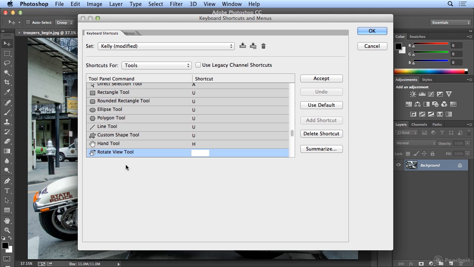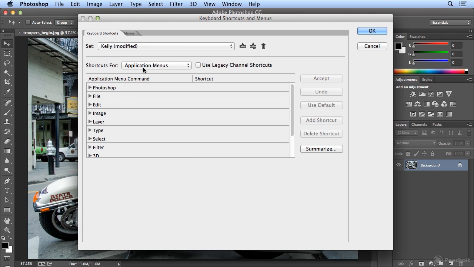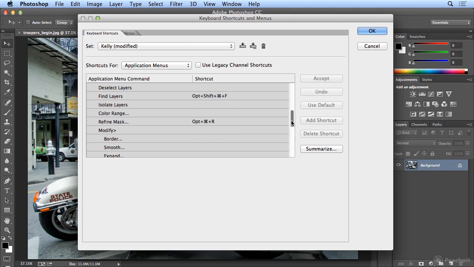You can do many other things. I often use Select, Modify, Expand. So if I go to application menus, I can expand, not to be redundant, but I can expand the Select menu, scroll down, locate Modify, and Expand. And it doesn't have a shortcut, and you can use your function keys at this point. On the Mac, F1 is undo, F2 is cut, F3 is copy, F4 is paste. I already have shortcuts for those. On Windows, F1 is reserved for help, so I'm going to make Expand